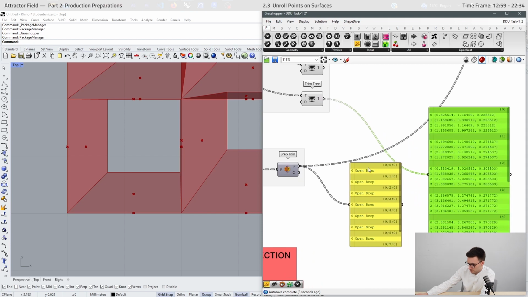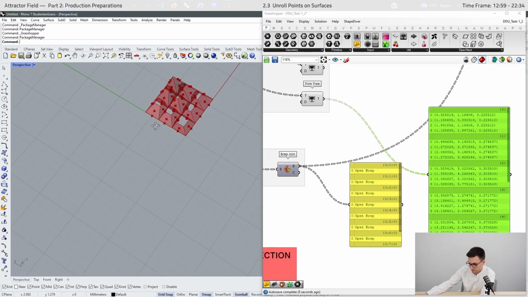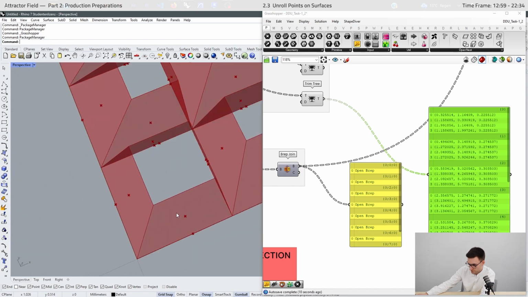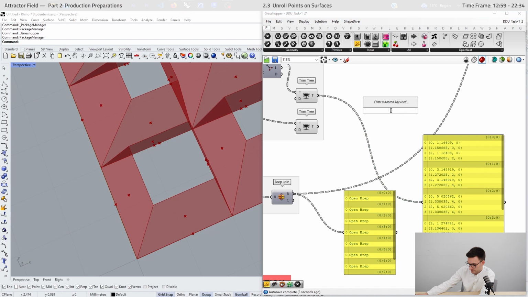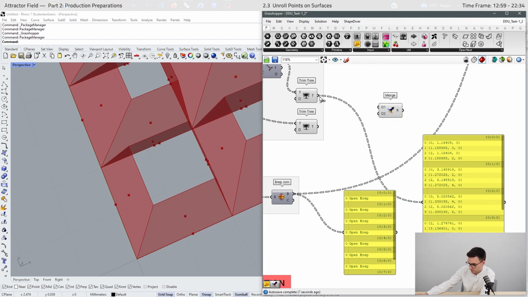So the first list represents, for example, this pyramid with 4 faces, and here 4 points, and also here 4 points. Now we can merge all points together.